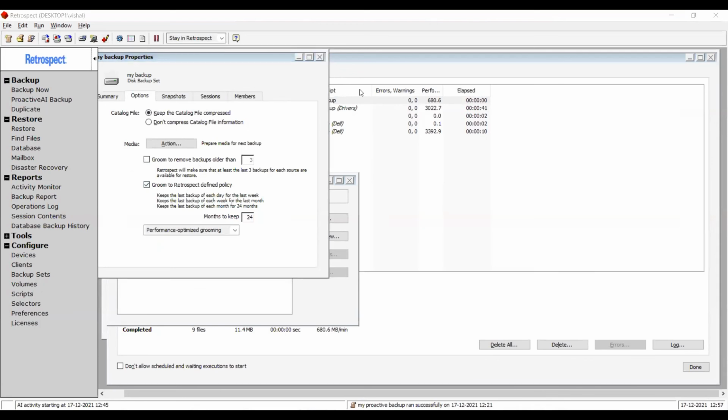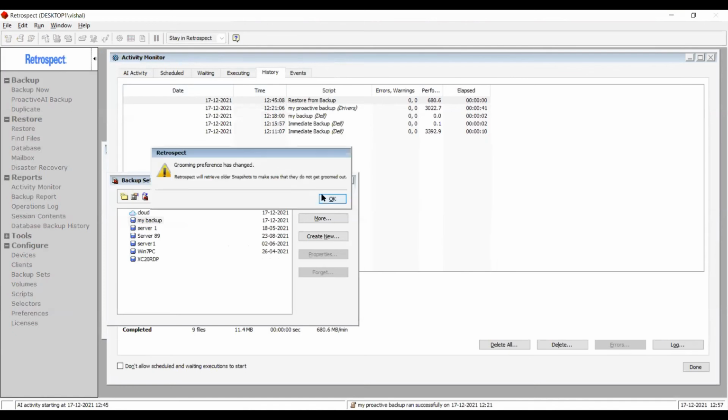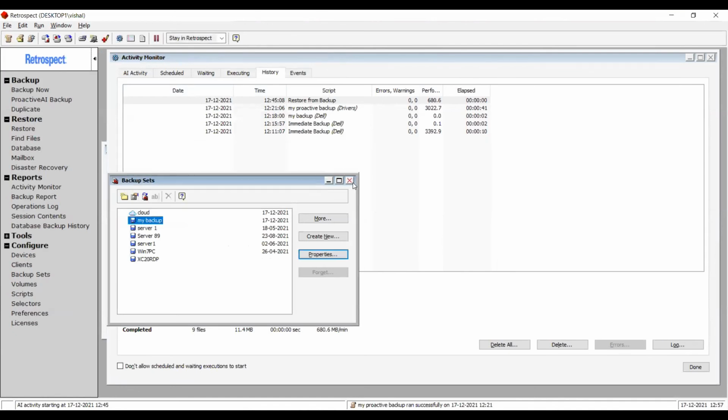Do you support mass deployment? Directly, we do not have a tool from within Retrospect, but there are third-party applications like Desktop Central, or you can use Windows deployment tools that utilize the MSI installer, and for that we have the MSI installer inside the installation package, so you can use that. But that will be outside the regular functioning of Retrospect. So you will have to use third-party tools. There are plenty of them.